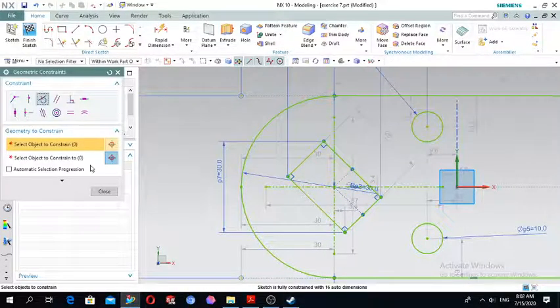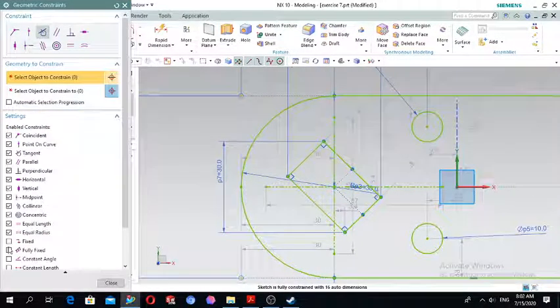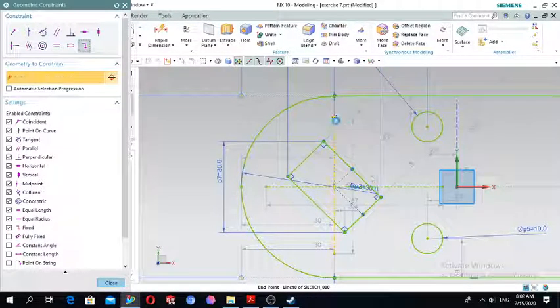And using geometric constraint, make them fix,